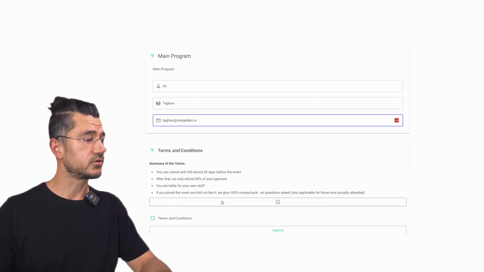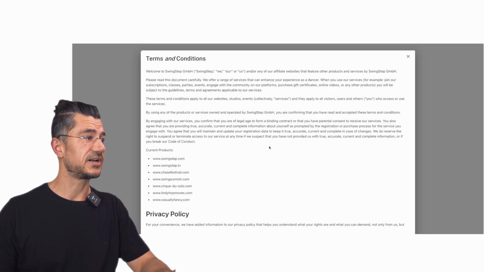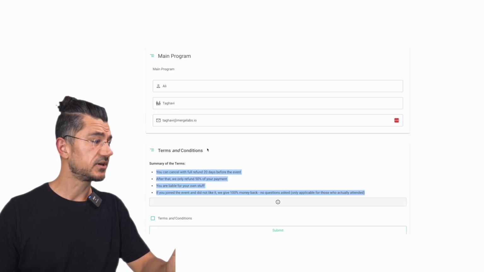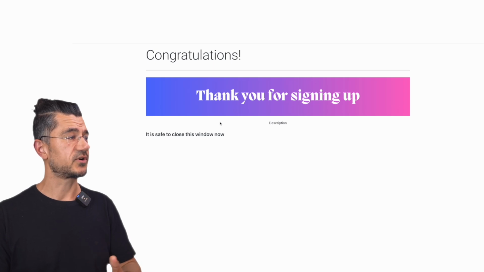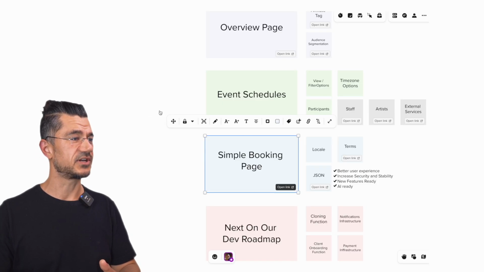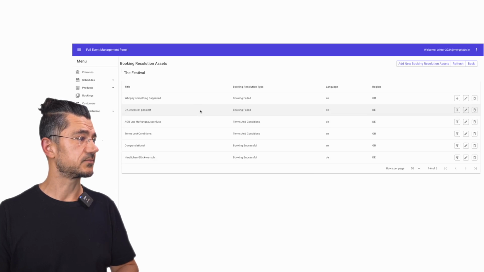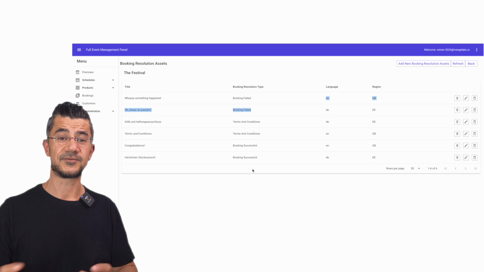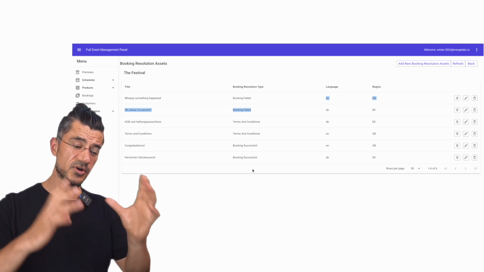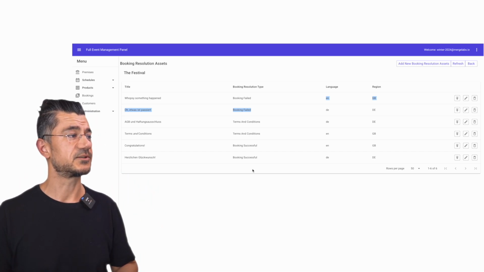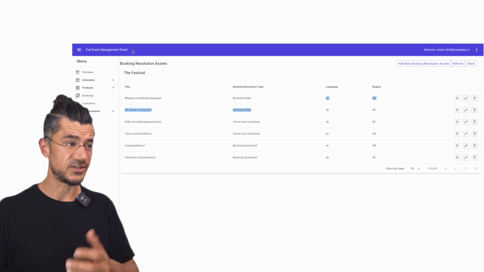You can create your own terms and conditions summary as well as a longer description. This way, when they go through a checkout process, you can create your own landing page, like the thank you pages. So what we made possible here is for the booking failed, terms and condition, booking successful, you can, per event, set up these pages and have them in any language that you prefer with any communication and